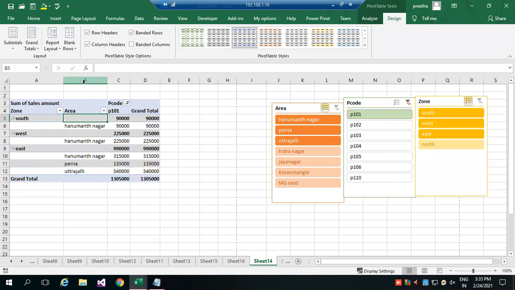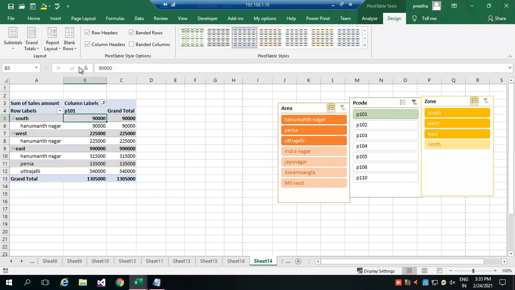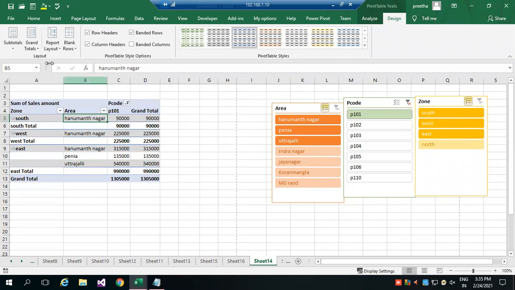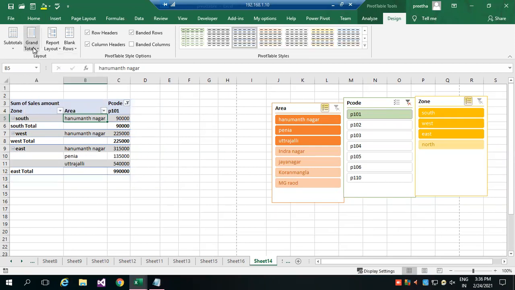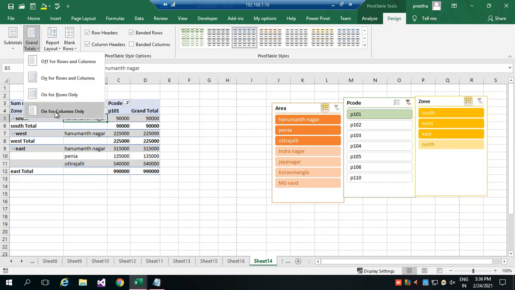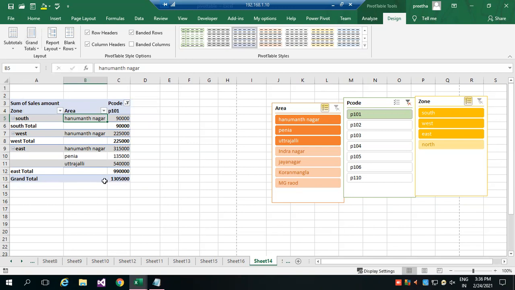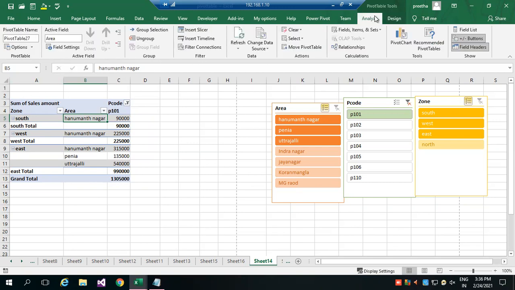Layout, outline form or compact form. So tabular form, how you want. Then total and grand total, how you want. If you don't want to show for columns, you can turn it off. You can show only for rows or only for columns. So only grand total at the end of each zone. So like this, you can design. In Analyze, what is your table name?